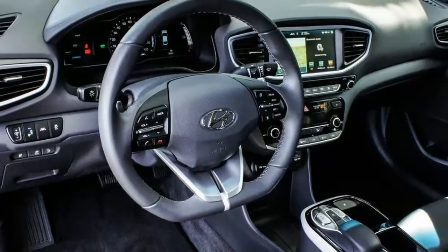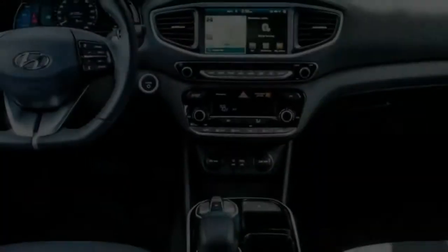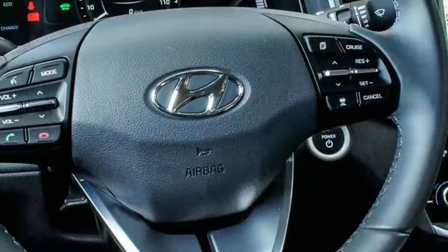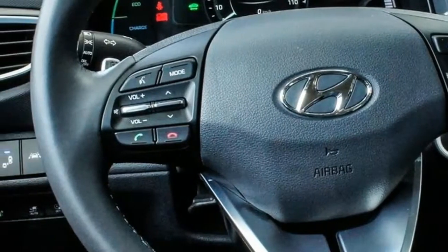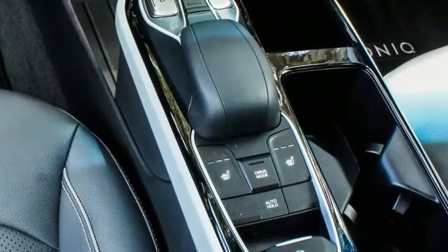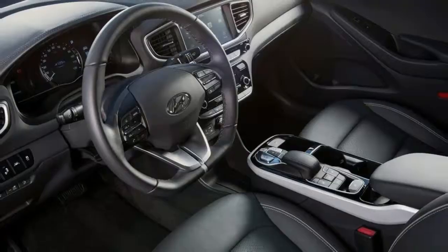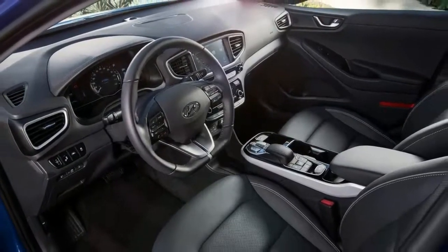SEL models start at $24,000 and include heated front seats and door mirrors, LED daytime running lights and tail lights, power adjustable driver's seat, 7.0-inch display in the instrument cluster, and standard active safety features that we covered above. The $27,500